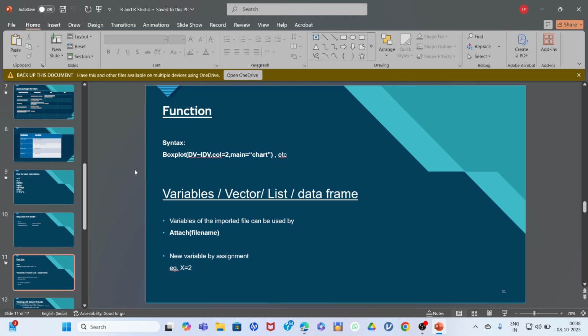After this, there comes the concept of functions. So if you have to give a command in our software, you have to perform a certain syntax. It is a command which R will understand. Say, for example, you have boxplot, the name of your package. Then you have